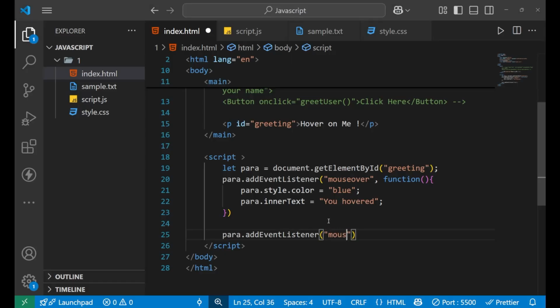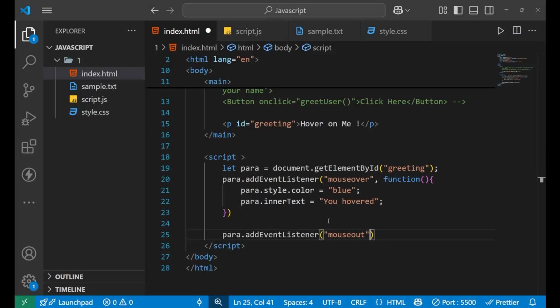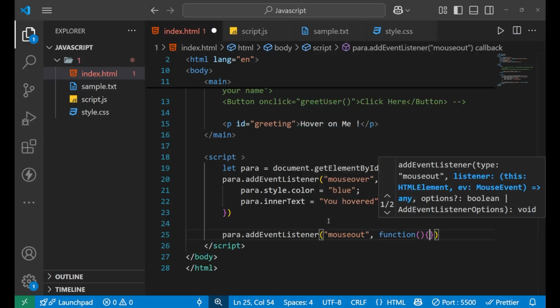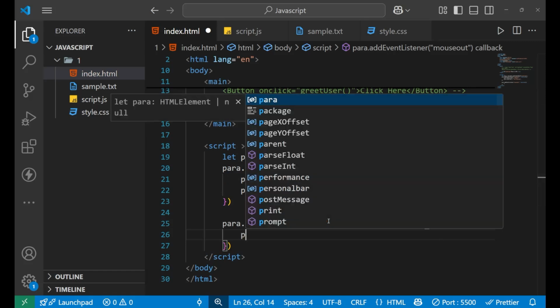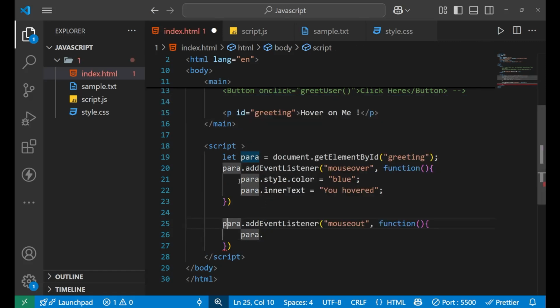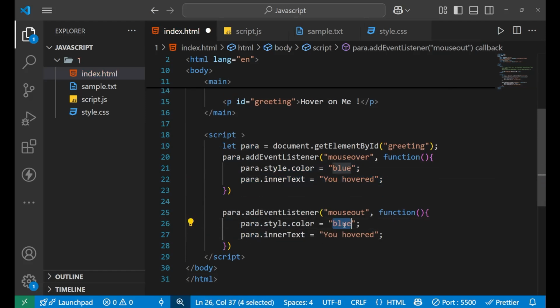Then I will call a function. Inside this function I will write para, again using this particular line of code here, but this time I'm saying make everything like before, that is white, and the content should be